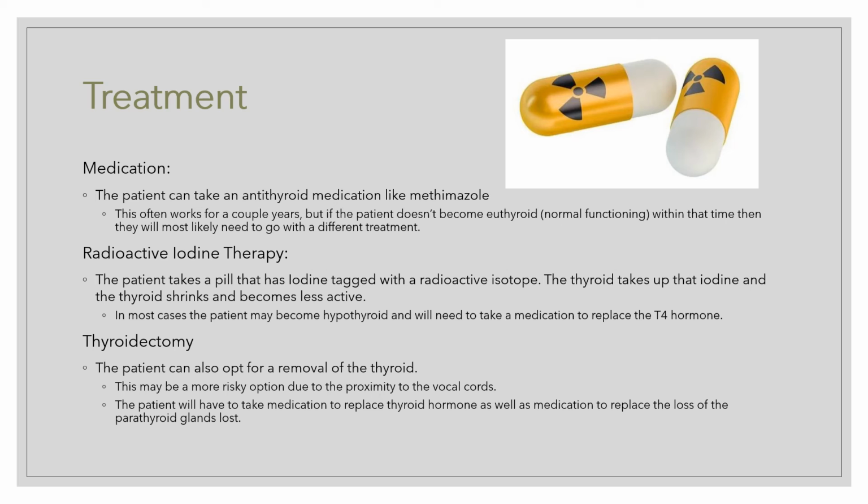There's a lot of prep that comes with this therapy. The patient will most likely have to be off of their anti-thyroid medication for at least 4 to 6 weeks, unless they receive a shot that is ordered by the doctor that allows them to continue their medication. The patient must also be on a low iodine diet. The patient will also have to isolate after the pill has been taken for at least 3 to 4 days,